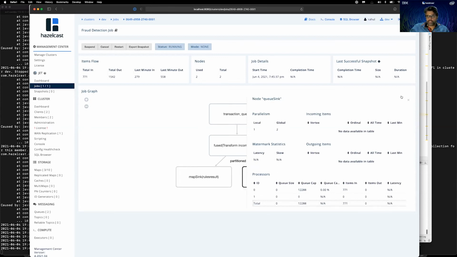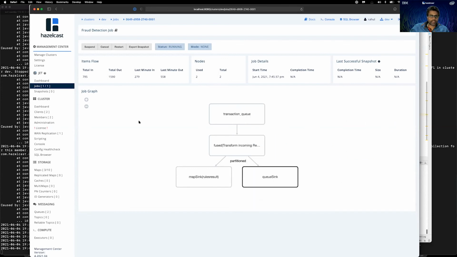All of this is continuously running. If I want, I can suspend my job from here, or cancel job execution, which will kill the job currently running in my cluster.